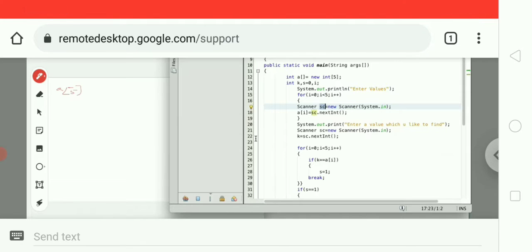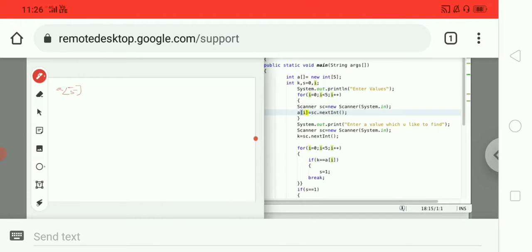So in the SC object one value is stored. Now I am assigning that particular value to A of 0. Here i is 0, so in the A of 0 position I am storing one value, 10.